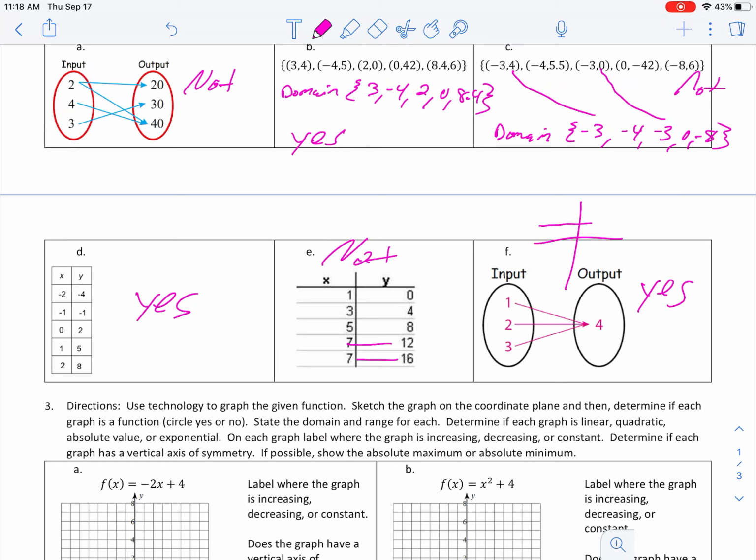Graphically, the way that this would work, if I was to give you a coordinate grid and I put on there a horizontal line, this is what it looks like. And if I plotted these points at 1, 4, 2, 4,